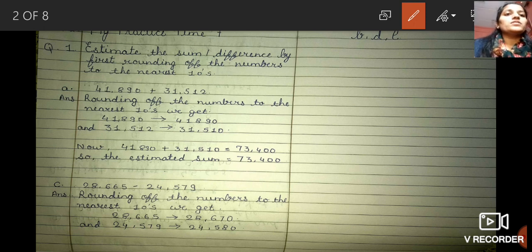Just for your understanding, I am going to solve the sum in this blank space. You are not supposed to solve the sum in the blank space. For just your understanding we are going to solve. So here we are going to add 41,890 plus